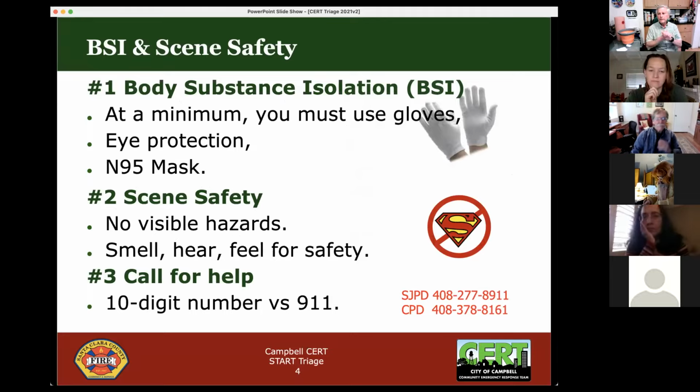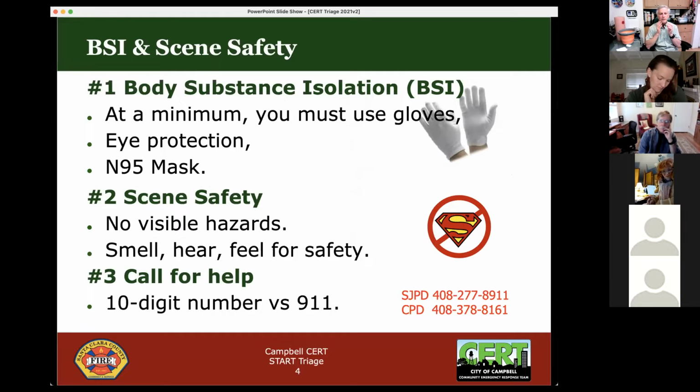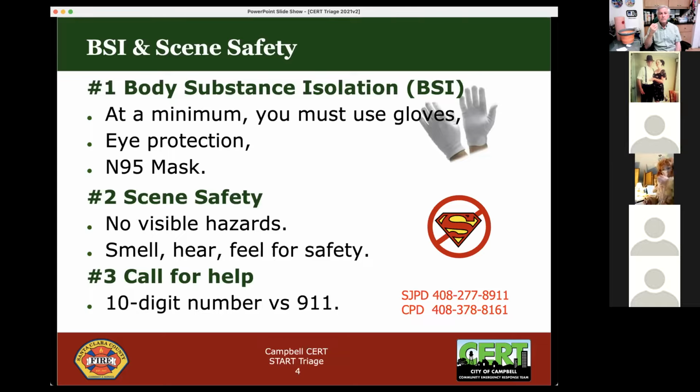So the first thing we do, and we do this for everything in CERT, we got to make sure that our BSI, that we've got gloves on. Gloves are important. Eye protection, N95 mask. If you are doing triage, if all you have is the medical mask or these cloth masks we've been using for the last year, if that's all you have, that's fine. But in a case where you are doing triage, especially after something like an earthquake, where buildings have collapsed, there's dust, you really want an N95 mask. So we want to make sure we have those in our